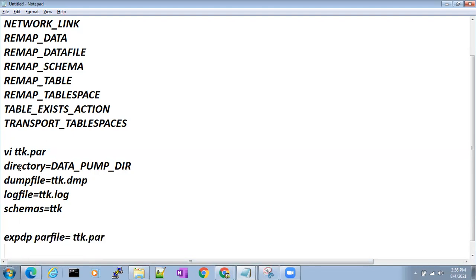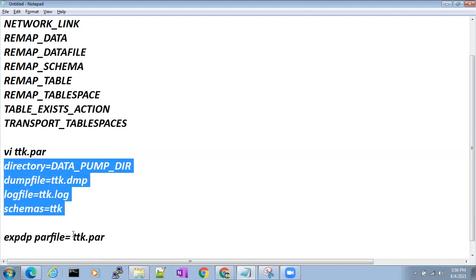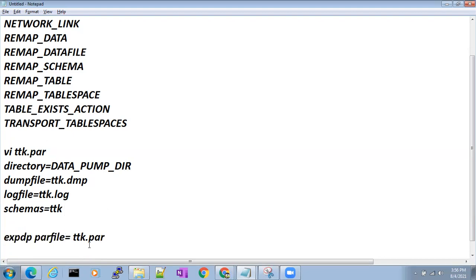So what happens is it will read the contents inside the par file and it will execute everything inside the par file. That is why we used to have a par file here. In the previous versions, we used to use this par file. Understood what is par file? Everyone, any doubts? Please ask me right now if you have any doubts. Understood. Good.